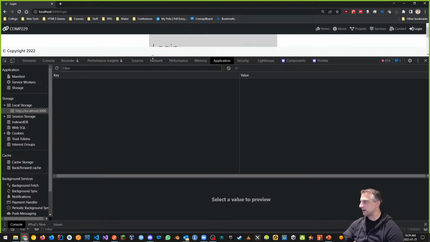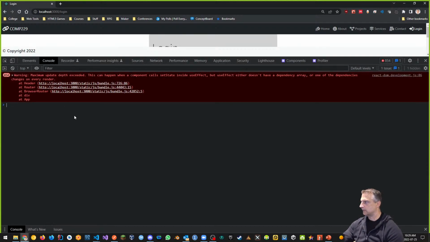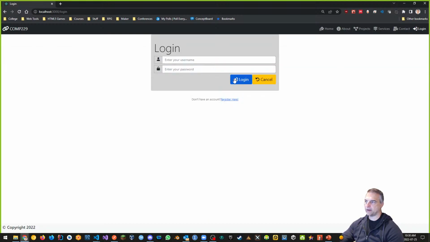The reason is because of this component, and it tells you where it is, by the way. It's at header. That's where the component is, right? So inside it says a component called set state inside of useEffect, but useEffect either doesn't have a dependency array or. But again, one thing that it does do is when I log in,